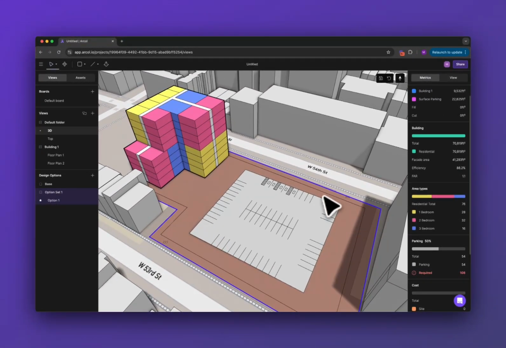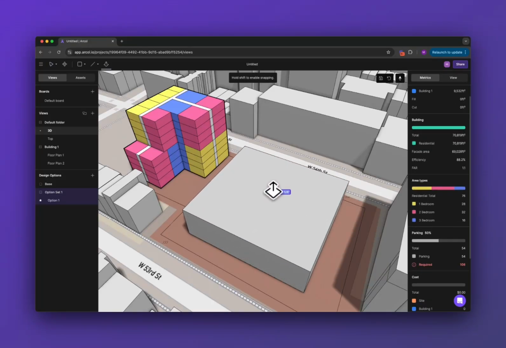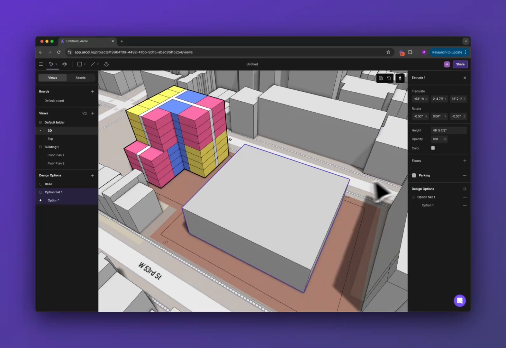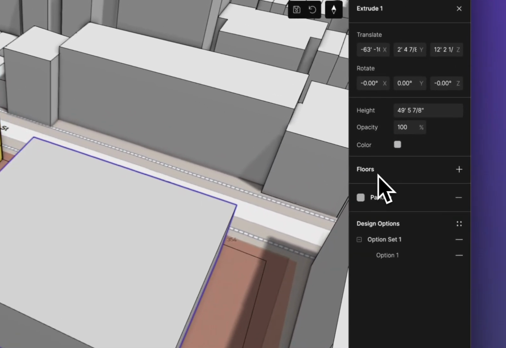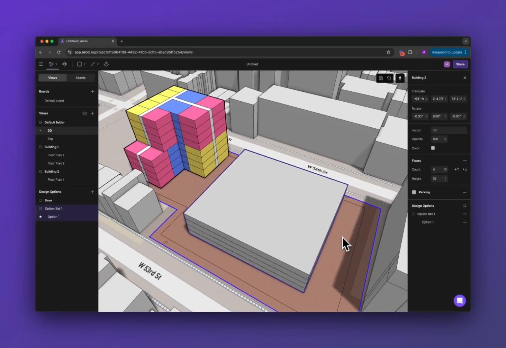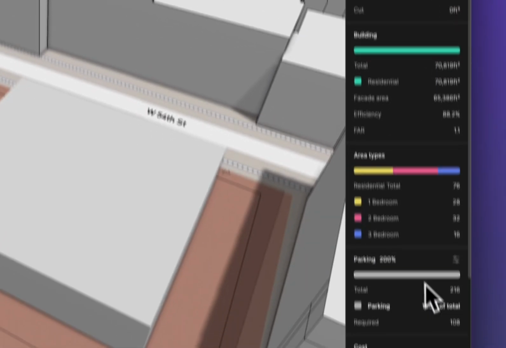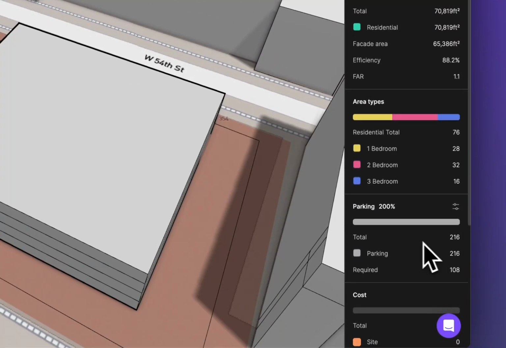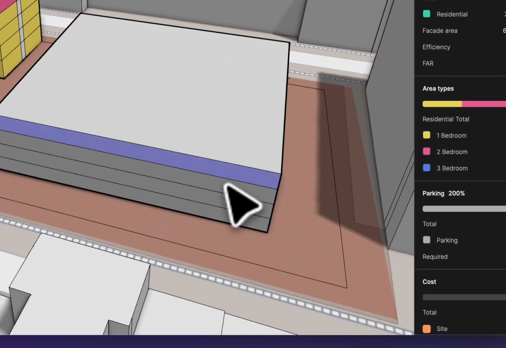Now you can leave this as surface parking, or you can turn it into a building the same way you would any other sketch. So if you extrude this up with the push-pull tool and select it, then you can add floors, and now you have a multi-level parking garage. And so if I deselect this, notice there is now 216 stalls,